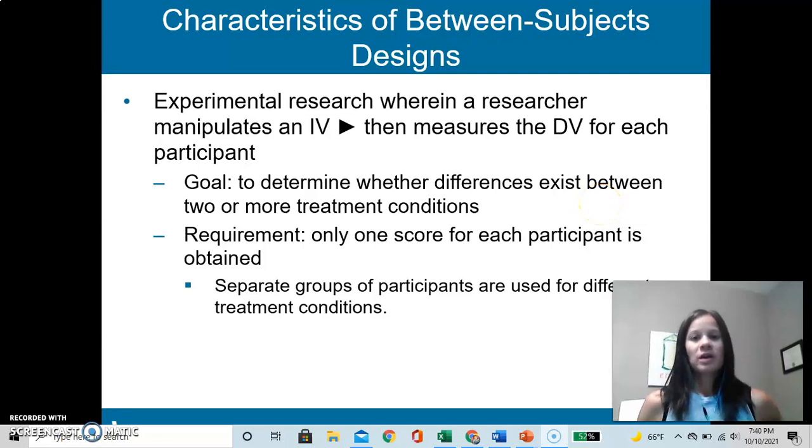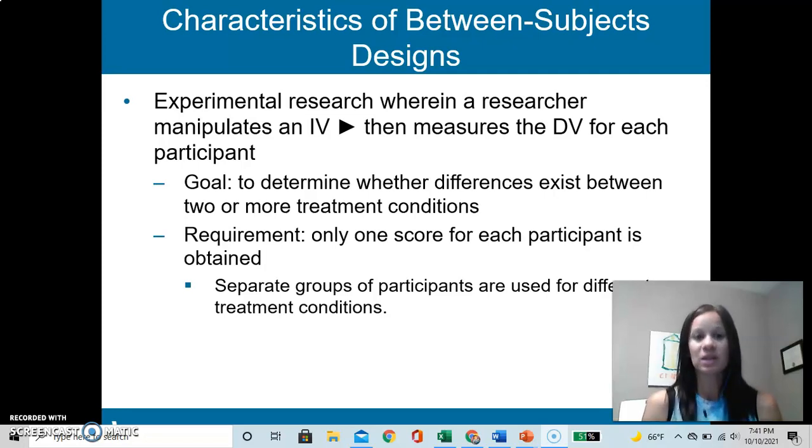During this chapter, we're talking about experimental design, but not just experimental design in general, but rather also a between subjects design. Next week we'll be talking about a within subjects design, which will then differentiate between the two. So in any experimental research, obviously the researcher is manipulating the independent variable and then looking